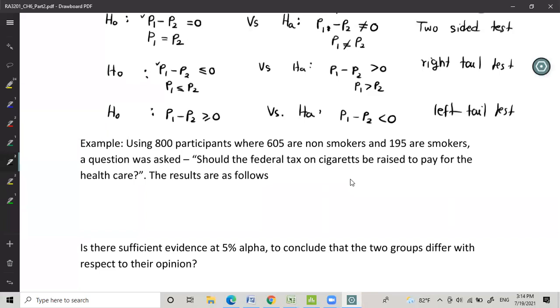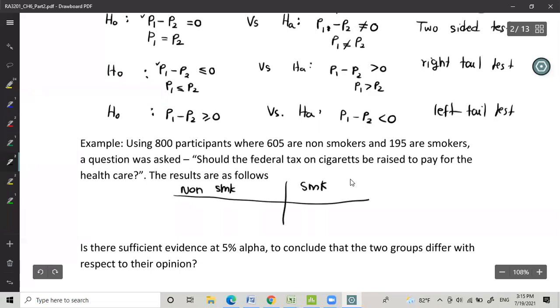Is there sufficient evidence at 5% alpha to conclude that the two groups differ with respect to their opinion? So what is the opinion? Whether the tax should be increased so you can pay the health care bill. So these are the results. Okay, so you have the non-smoking group and you have the smoking group. So what are the total values? Let's say N1 non-smokers 605, smokers 195. Okay, and the number who said